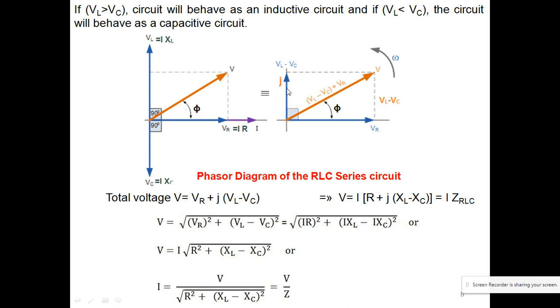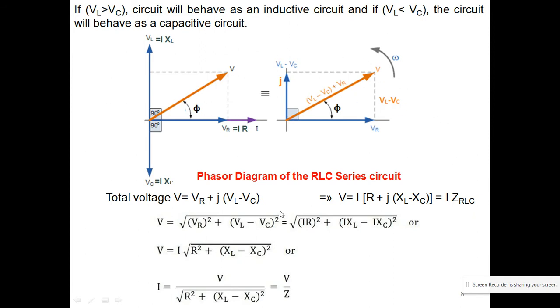I'm using the J operator also to represent my quantity in a complex plane. And why am I using the complex plane? Because it is a very simple method to solve the problems. Okay, so this becomes equal to nothing but this one, and it is showing our rotation, the phasor rotation. It means our omega is in this direction.